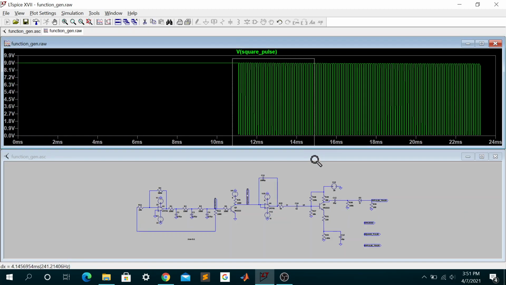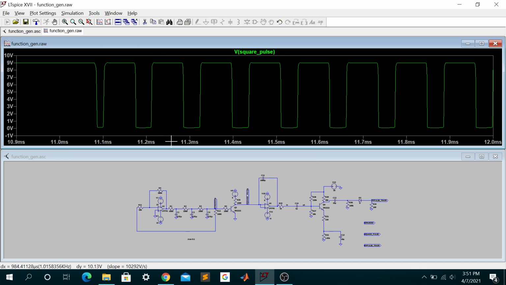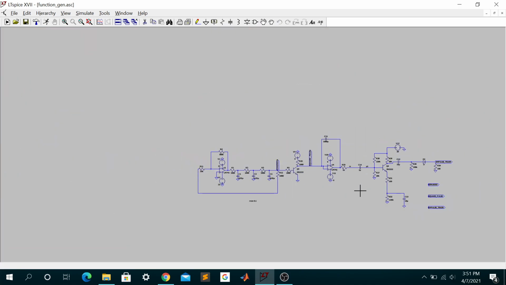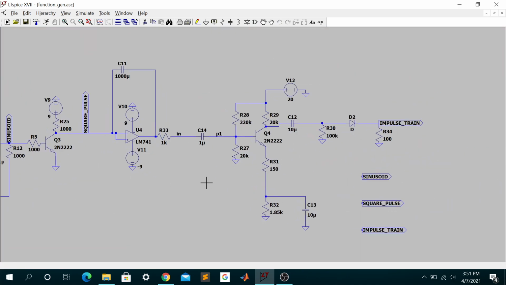So as you can see, a square pulse is generated. It has a distinct positive and negative clock edge, which means that it can be used for a sequential circuit or a basic FPGA. Now this square pulse will be used to generate an impulse train. To generate the impulse train, we first need to consider the definition of the Dirac delta function. So it is essentially a triangle of unit area.